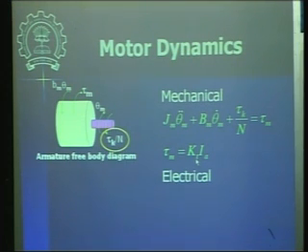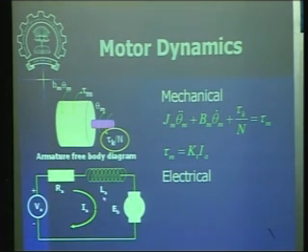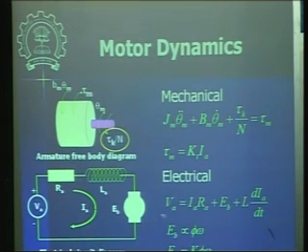Now let us come to the electrical part of the motor dynamics. You have the resistance of the armature, the inductance of the armature, and then the motor which generates this back EMF corresponding to the speed. Here if we do the circuit voltage balance, you will get these equations of the electrical part of the motor. So the voltage supplied to the armature is balanced by I_a R_a, the resistive loss, then the back EMF and the inductance